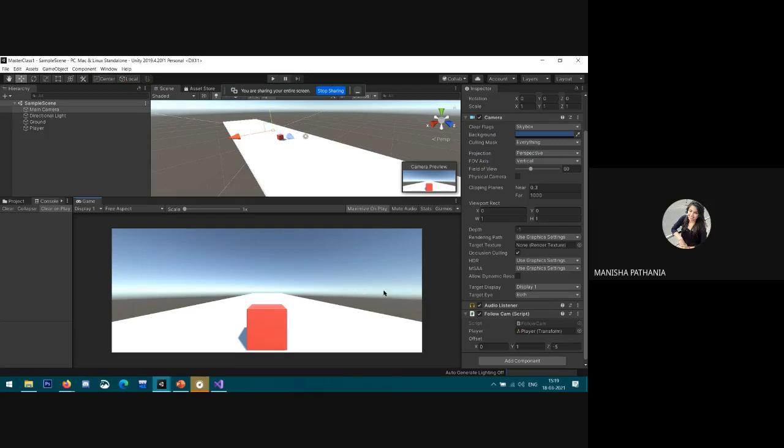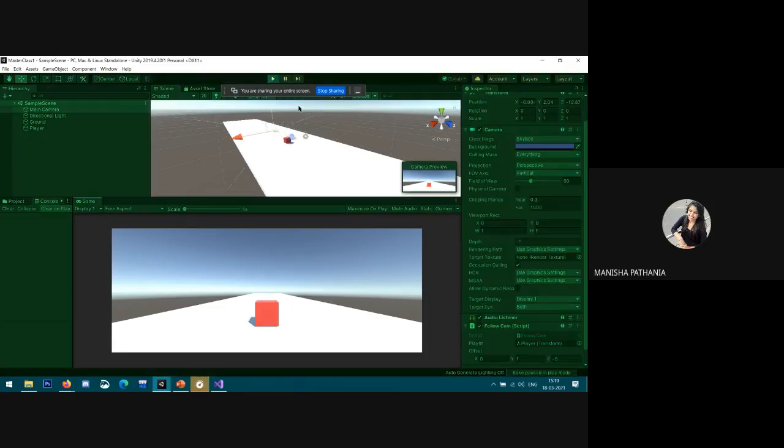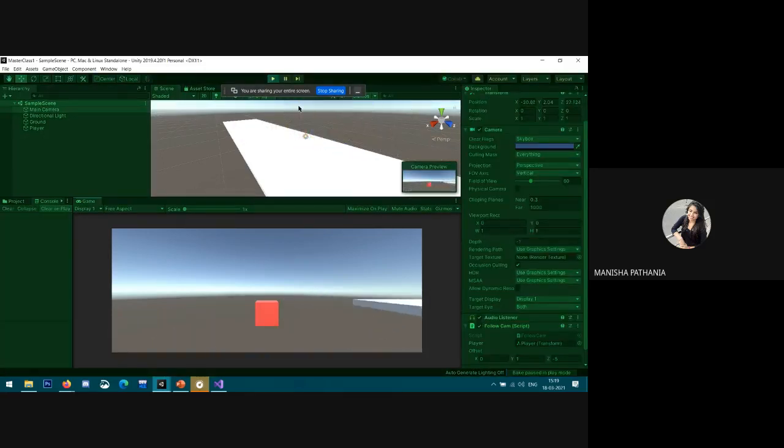Therefore if we tilt off the ground here, you can see the cube rotating but the camera staying in place. The cube is flying in the air, but the camera is staying in place, right?